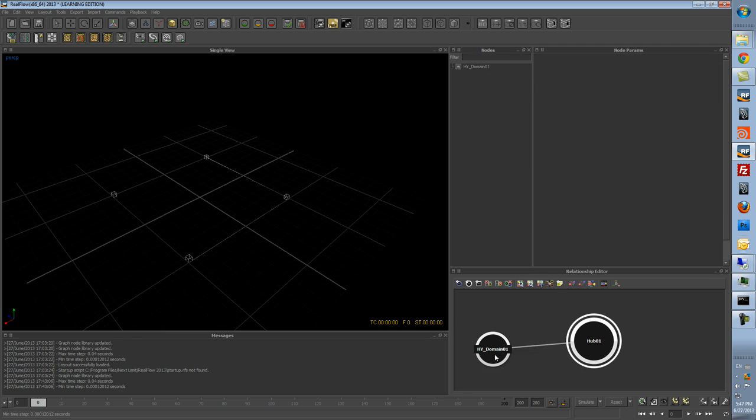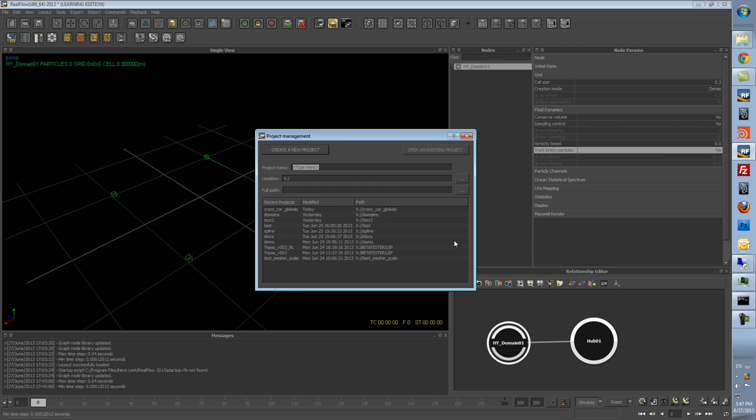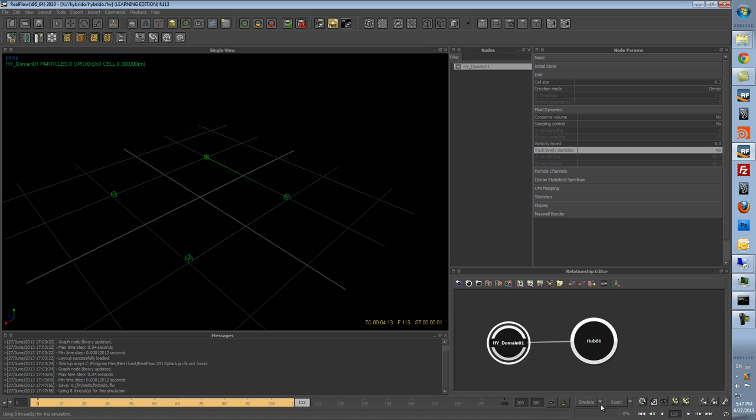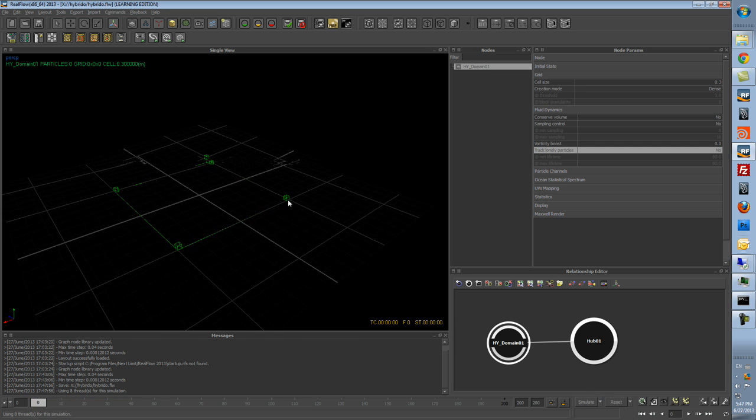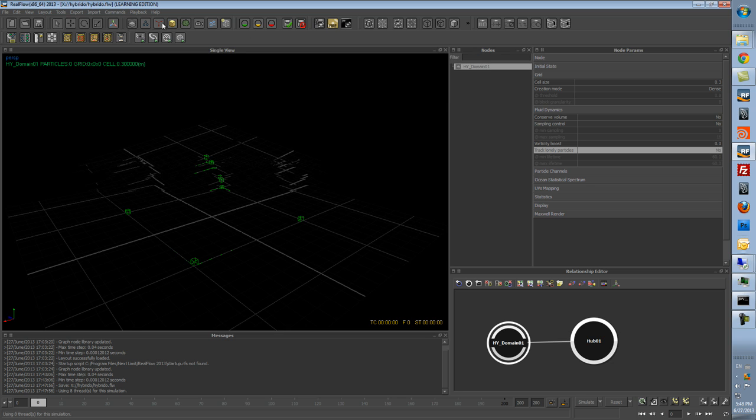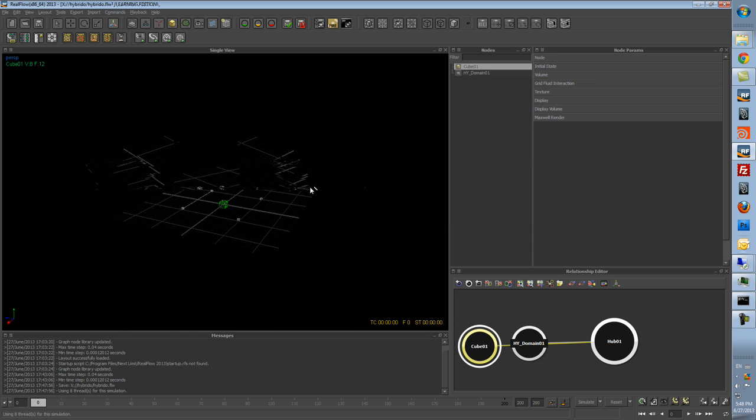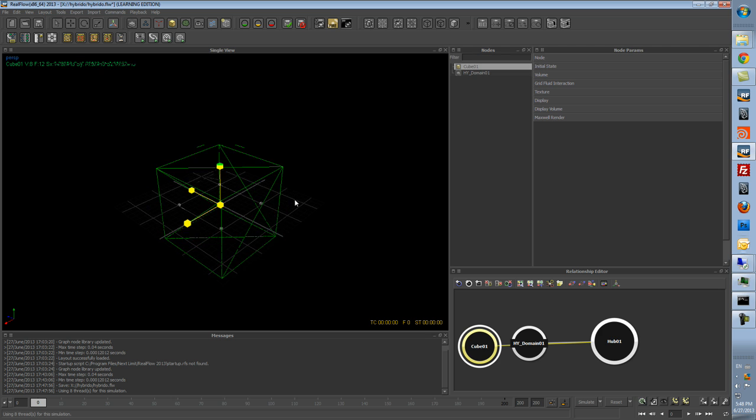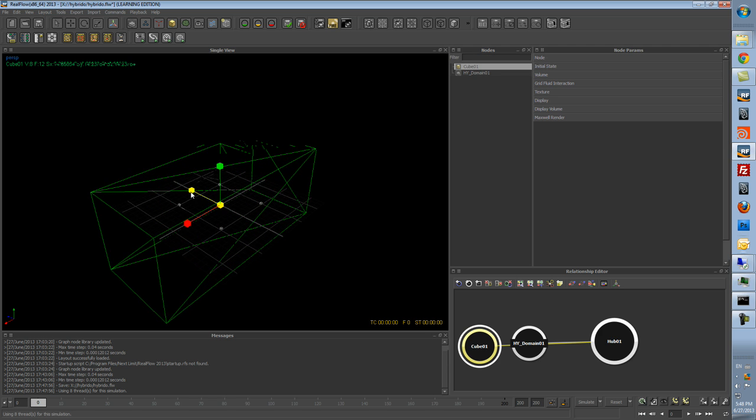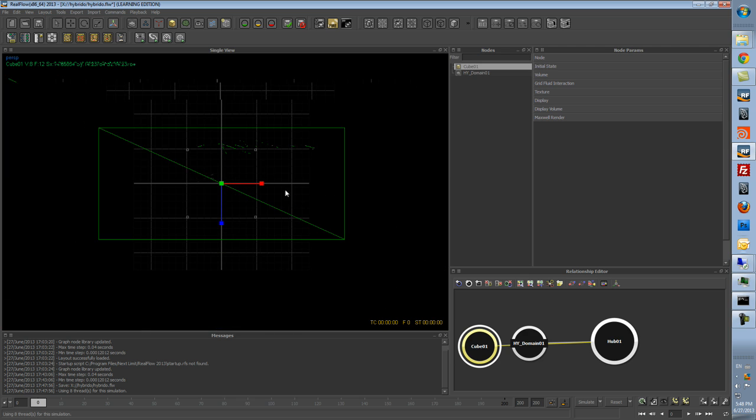We have a high domain node, and if we hit simulate and just simply save, Hybrido, nothing happens, and that's because we don't have any volume to emit from. So let's create, let's do a dam break. If we have something like this, perhaps